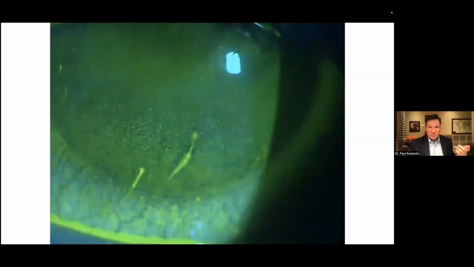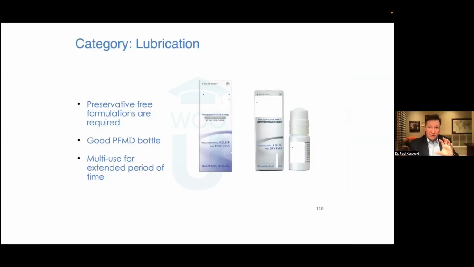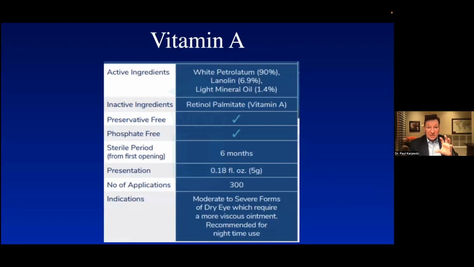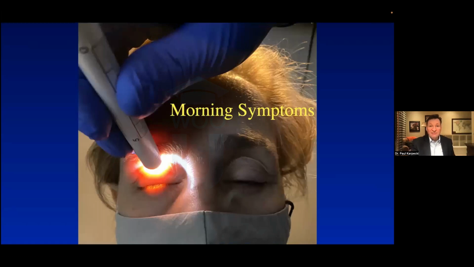Sometimes they get filaments, we talked about that too, but the best for this are HA drops, and especially vitamin A gel or ointment. In fact, it revitalizes the goblet cells better than anything I've ever seen. I know it's supposed to be used at night, but I haven't used it only at night. I use it morning, or even 3 times a day, and I get wonderful results on conjunctival staining. And finally, people with morning symptoms have what? They have exposure-related dry eye disease, also known as inadequate lid seal.